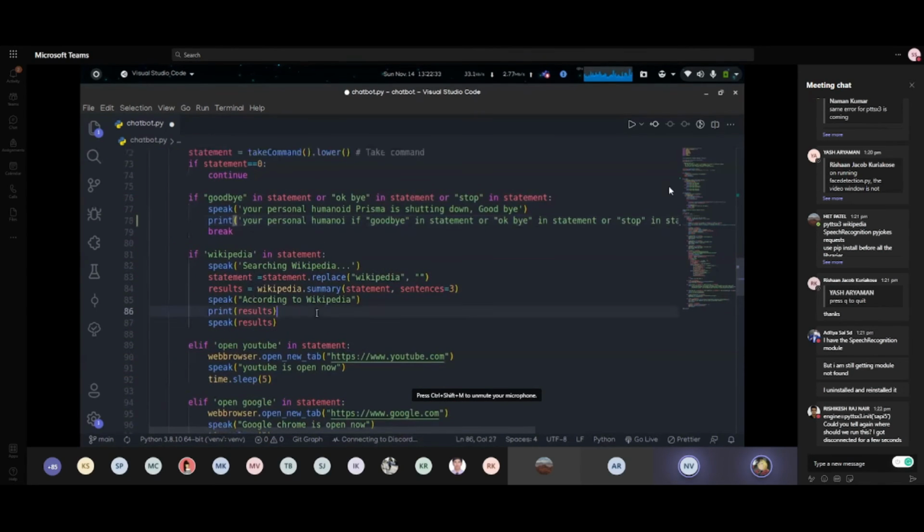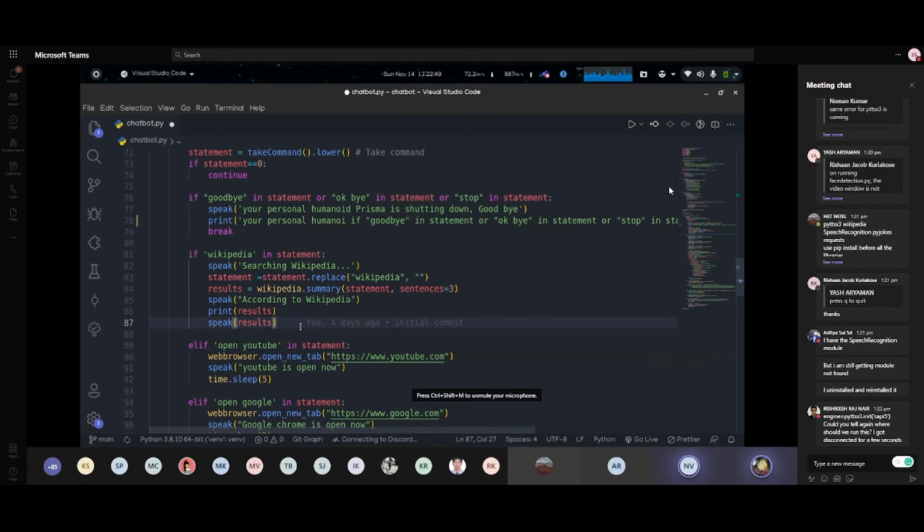Then we are scraping something from Wikipedia, using the Wikipedia and Beautiful Soup 4 modules. Let's say we will say, tell me something about humanoid Wikipedia.